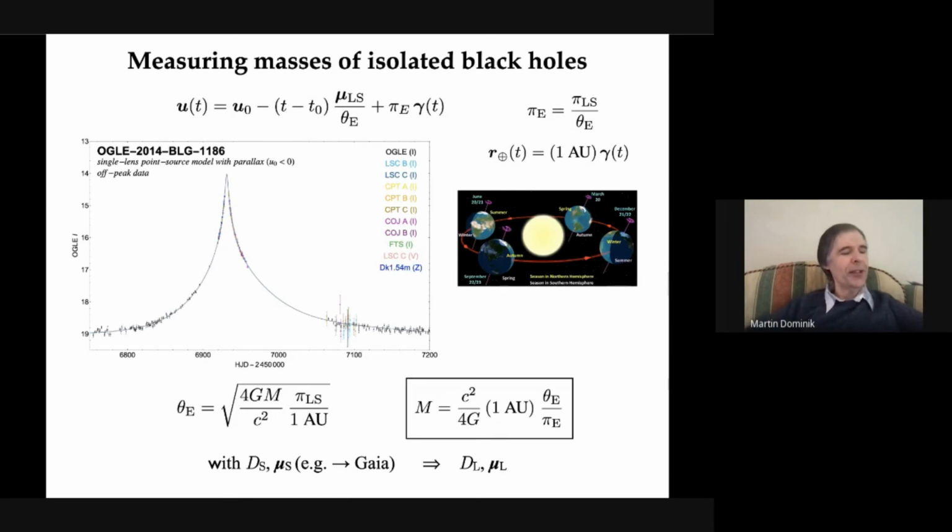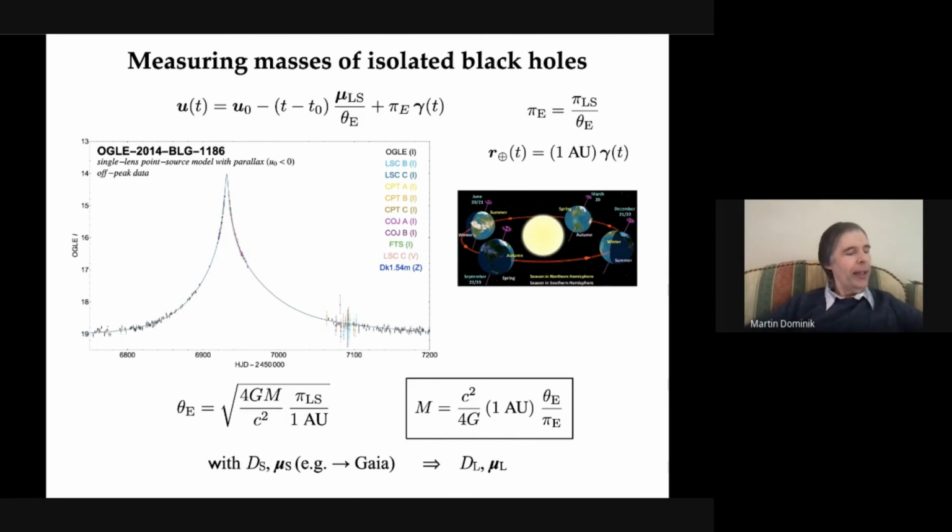Astrometric microlensing observations can be used, for example, to measure masses of isolated stellar mass black holes. If they cause a microlensing event, their relatively large mass implies a rather long time scale, so that the observed photometric light curve becomes asymmetric due to a shift in the relative lens source position caused by the Earth orbiting the Sun. This gives a measurable microlensing parallax parameter pi E, which is the lens source parallax divided by theta E, and with theta E measured from the astrometric signature, one directly finds the mass.